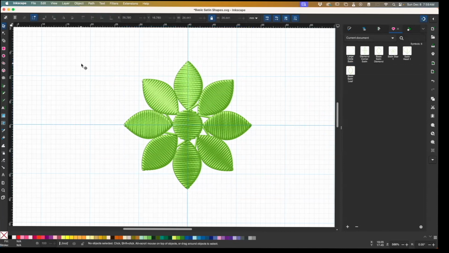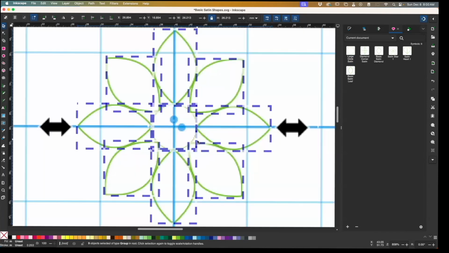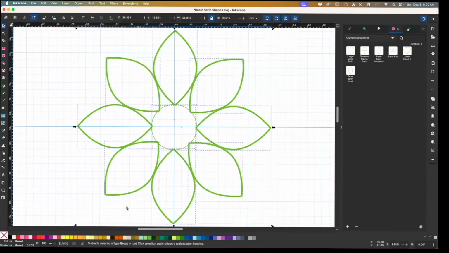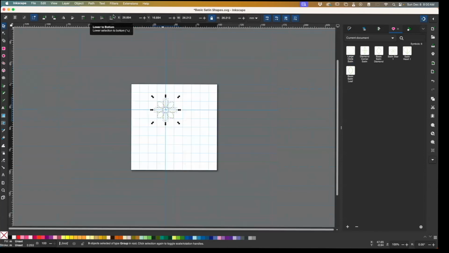So if I go one to one, that's about how big this design is going to be, and it's very minor, the jump stitches, in my opinion. So I'm going to go ahead and leave them like that. And I'm going to press 3, takes you to just your selection. 5 is your entire canvas. 1 is 1-to-1 ratio. So that should be about 4 inches on your screen, or 100 millimeters. So go back to 3,